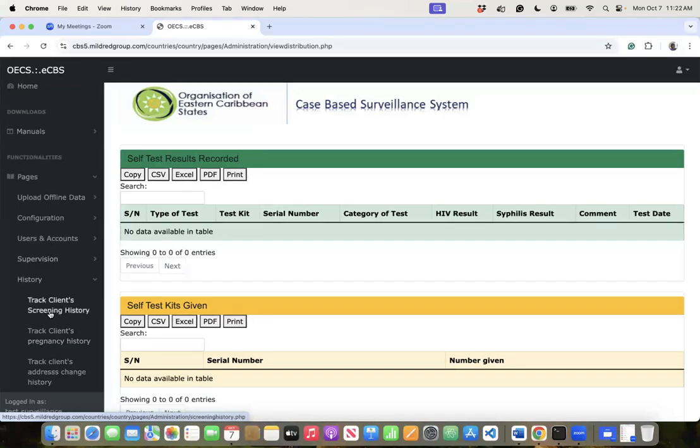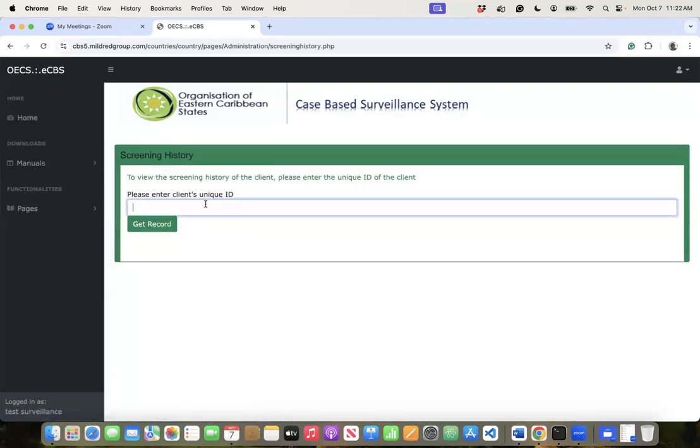If you want to see, maybe a client says they've been screened for HIV before, and they can't tell you what the result is, or the address of the site, especially for a positive client who said they've been tested before, they were positive at the site. We ask them what was done, they can't give information. If they have records on the system, you can enter the unique ID to give you all of these different sites that they were screened,